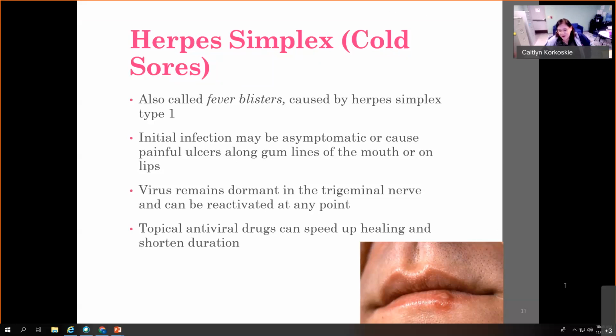It'll settle into a nerve, and like chickenpox, herpes simplex type 1 specifically settles into the trigeminal nerve. And that's why they will get it on their mouth. Herpes simplex type 2 is the genital herpes, so it settles into a nerve in that area. But chickenpox, because you get chickenpox pretty much everywhere,